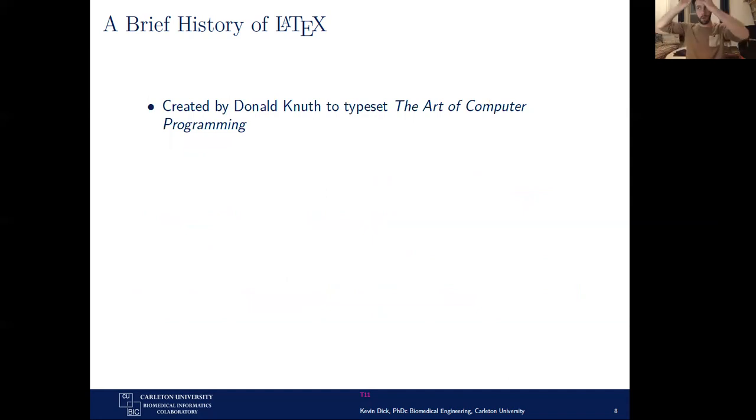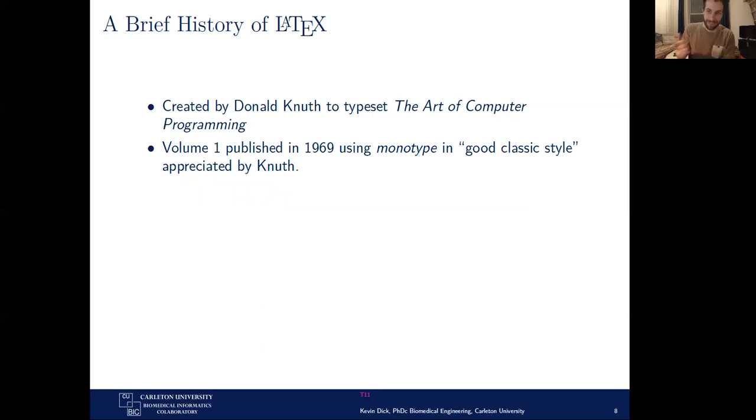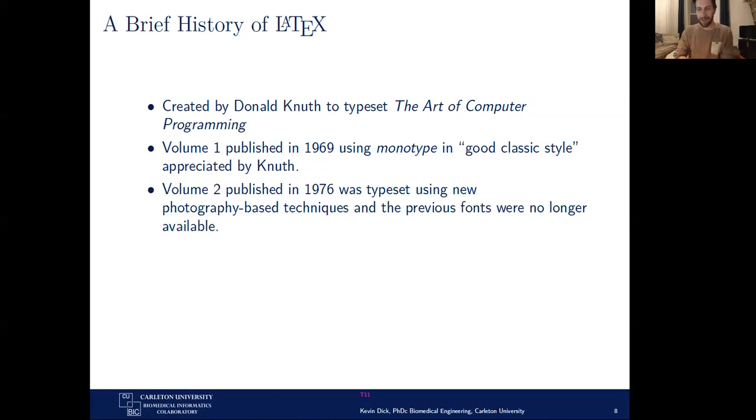So into how LaTeX itself came about, those of you in the computer science or computing fields will probably know the name Donald Knuth as the forefather of the analysis of algorithms. He wrote this 4-volume set of textbooks that's known as The Art of Computer Programming. So it was born out of that initiative. He published his first volume in 1969 and used what was at the time this monotype way of representing the textbook itself under this good classic style, which he appreciated a lot and thought represented the textbook really well. But then what happened shortly thereafter was when he was going to publish volume 2 in 1976,